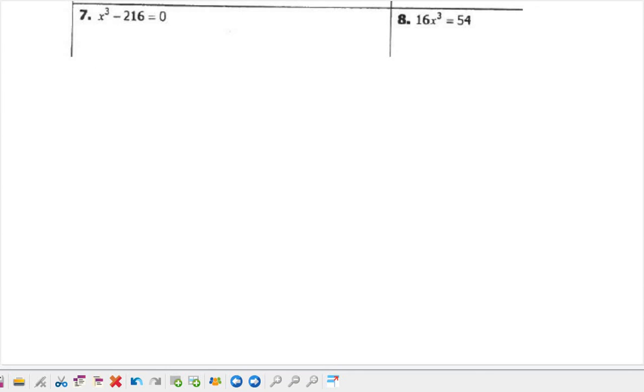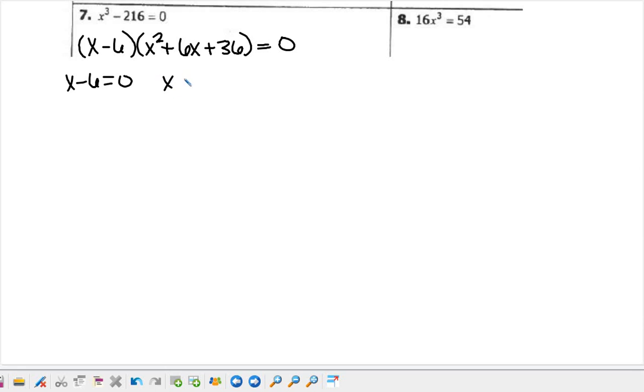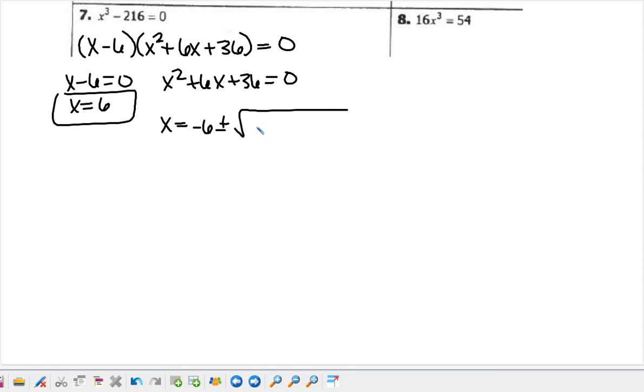Alright, so let's look at one more cubic and one more of the semi-quadratic type. So difference of cubes, so take the cube root and then SOPs it. Square the first term, opposite sign, product, plus the square of the second term. So we have x minus 6 is equal to 0, and x squared plus 6x plus 36 is equal to 0. So x is equal to 6, easy enough. This one is going to require a quadratic formula again. So opposite of b, plus or minus the square root, b squared minus 4ac